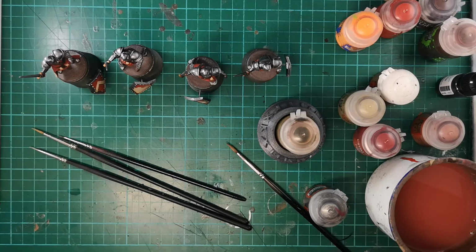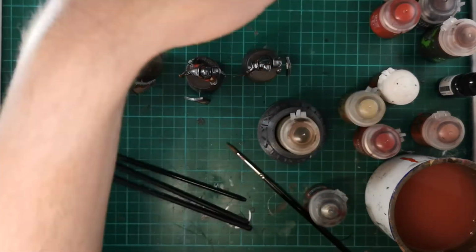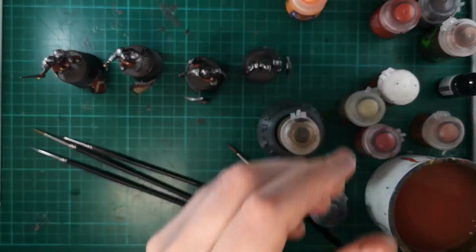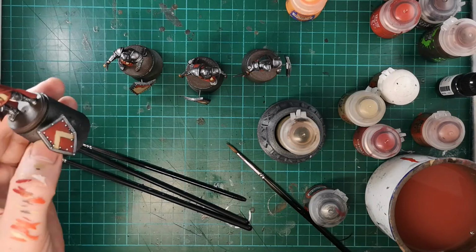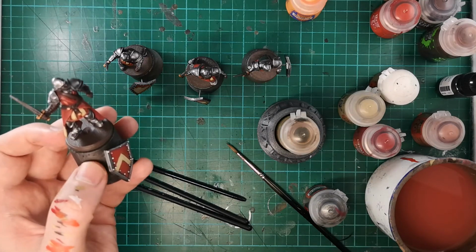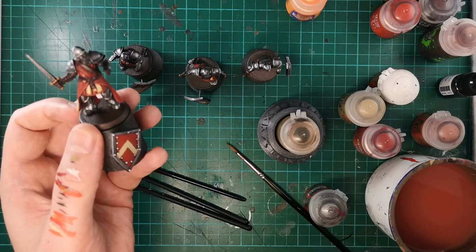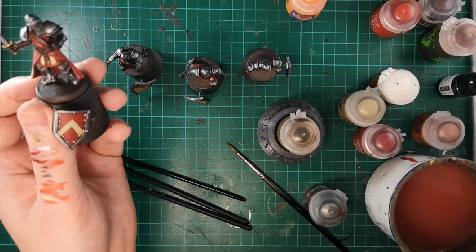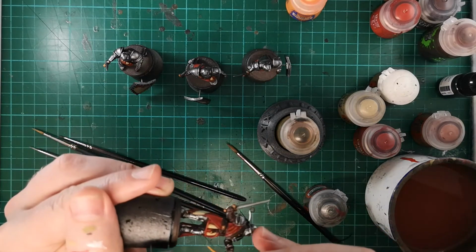For the final stage of highlighting, that's using very, very sparingly pure Fire Dragon Bright and pure white. Now, arguably for rank and file, particularly for tabletop standard, I've probably gone two stages up from what a lot of people would do, but I just like to get things to a particular level. So it's very sparing, and I'm not going to go onto the shields at all with the pure orange. That would just be a bit much. So all I'm going to do with that is